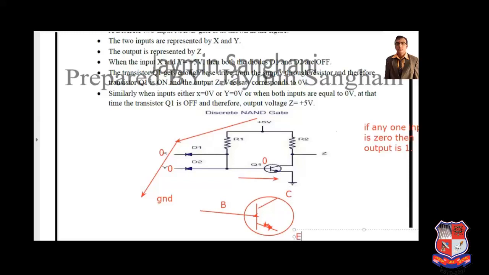Try to understand this topic very carefully, because based on that, logic families can be developed. If here we apply 0 voltage at the base terminal, then here we can get 0 volt, and here we can get 1 volt. Why here 0? Because the base emitter junction is connected in forward bias.